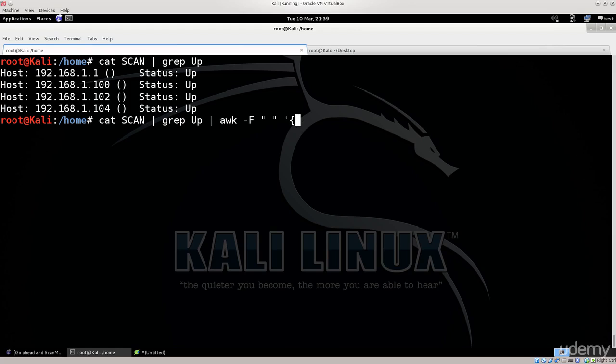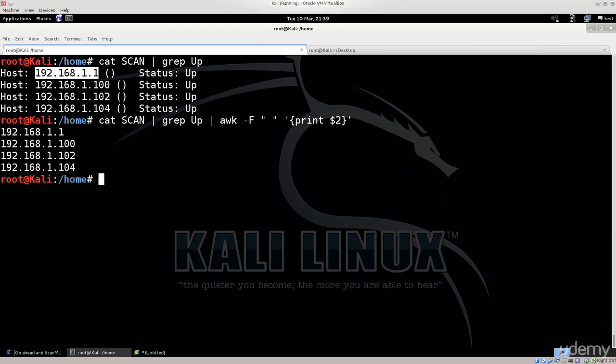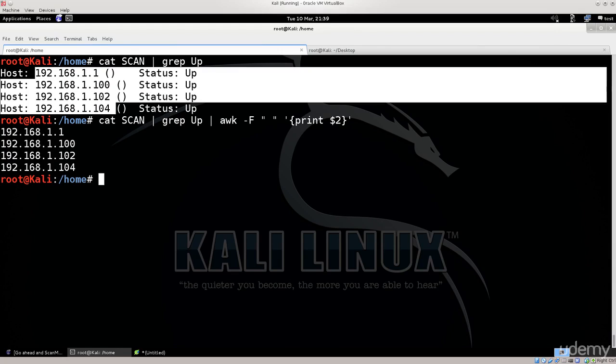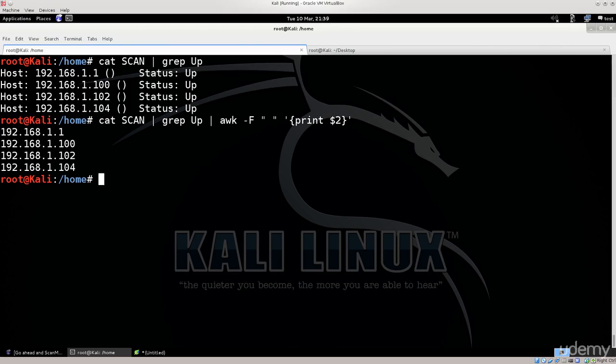Open single quotation marks, open curly brackets, type in print space $, and then you just need to type in the number of the field that you would like to print out. So we would like to print out the second field, 2, close curly brackets, close quotation marks, press enter, and there we go. We have all the IP addresses listed of the hosts that are up without anything else. Now what you can do with this is,